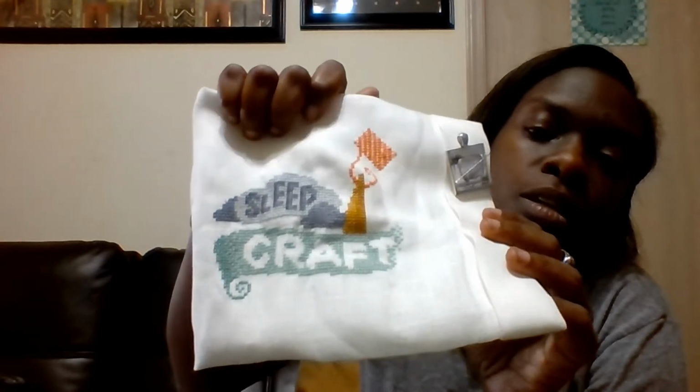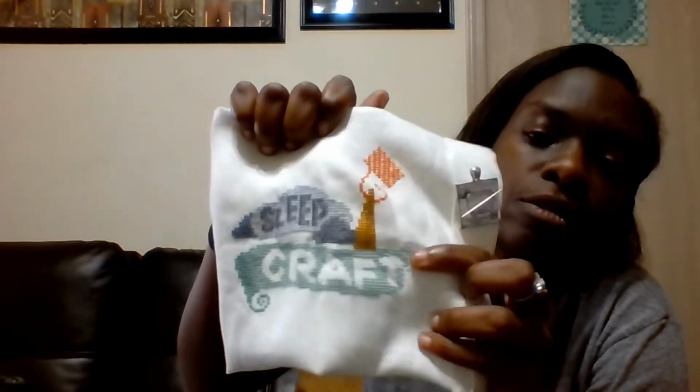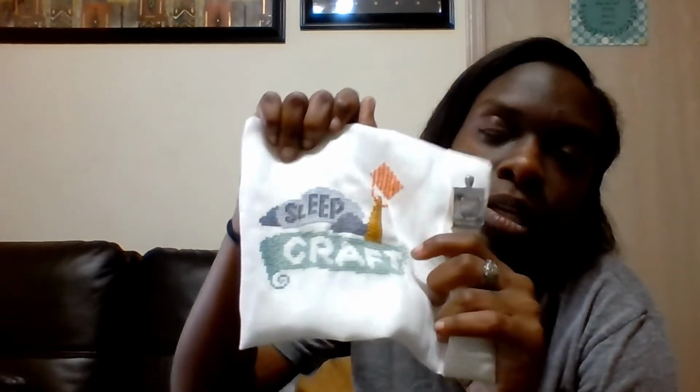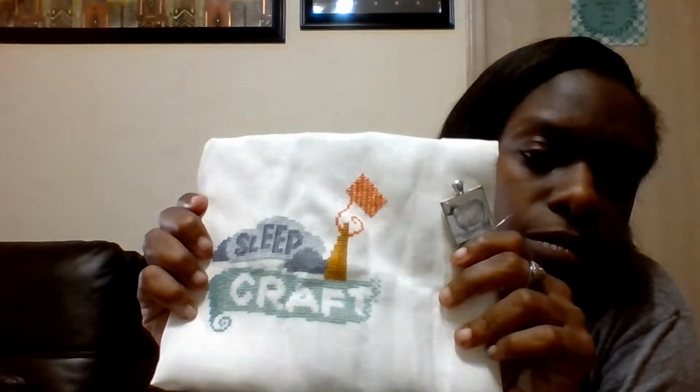So I've got sleep done, and I've got the outline of craft, and there's more of the banner and everything. And then, like I said, eat, repeat, there's a yarn ball. Need to finish this bobbin. It's coming along well. This is on 32 count antique white